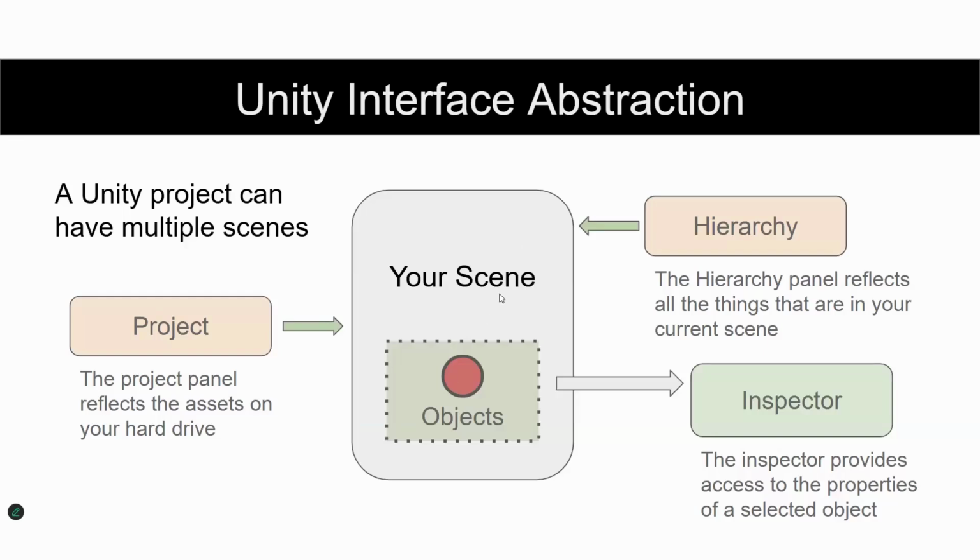So once you've added an object to the scene, you'll see it in the scene hierarchy. The scene hierarchy is a list of all the stuff that's in your scene currently. If it's not in the hierarchy, it's not in the scene. Okay? And so in the scene, you'll be selecting objects. So the scene view is where you do most of your work. And you'll be selecting objects. And when you select an object, right, that